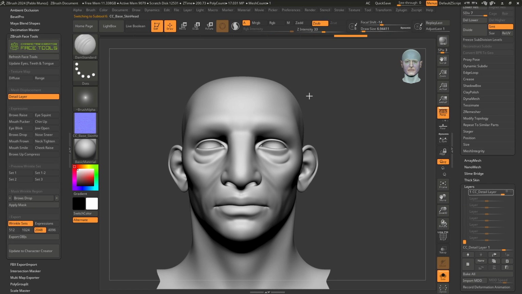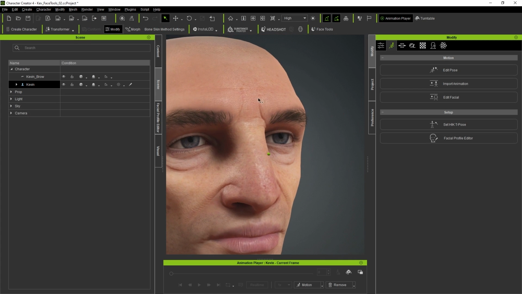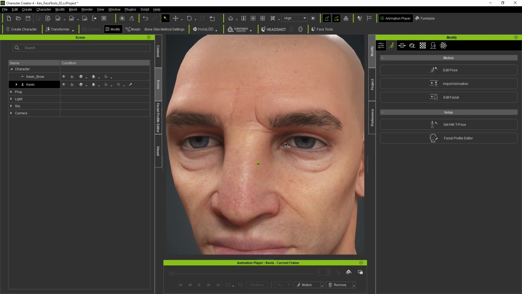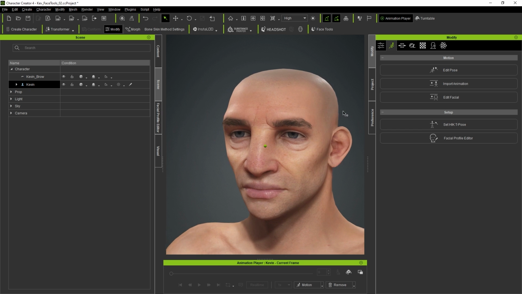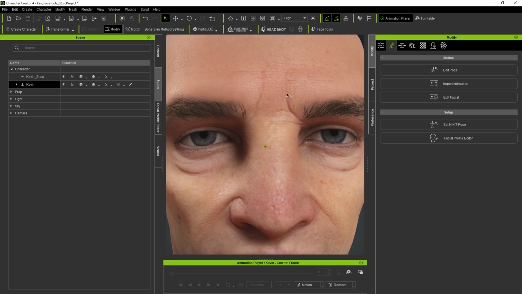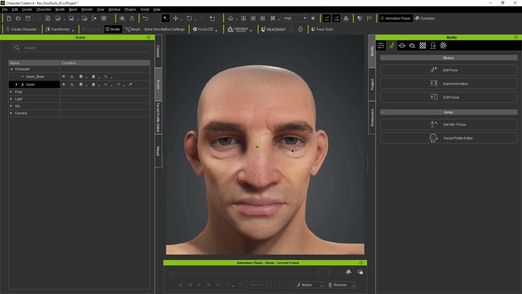All right, successfully exported. Let's go to CC4. And there we have it. So we now have our nice sort of crevice in there. So it is a pretty cool process. You don't have to go back and forth. I mean, you can if you want to, but it is just easier to send it to CC4, check that everything is working. You might say, you know what, this is a little bit too extreme. Go back to ZBrush, smooth it out, and you're good to go.